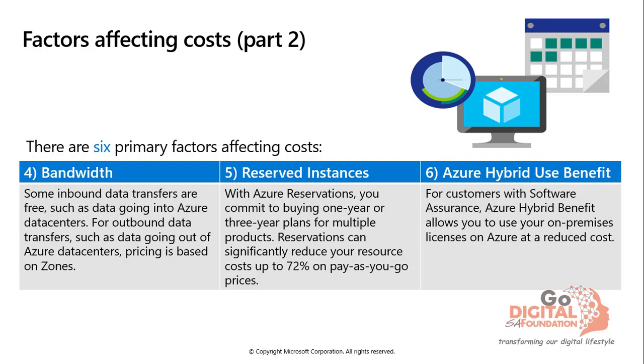And the other factor affecting cost is the bandwidth. Some inbound data transfers are free, such as data going into Azure data centers. For outbound data transfers, such as data going out of Azure data centers, pricing is based on zones, and that's when you use the ExpressRoute to send data out of the Azure data center onto maybe an on-premises